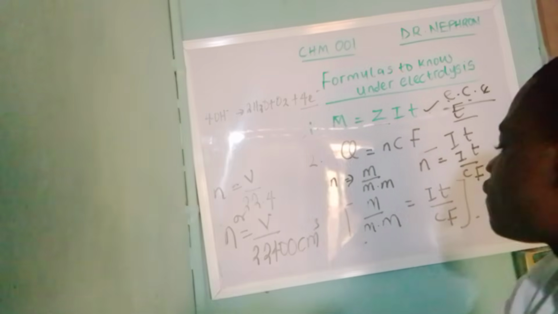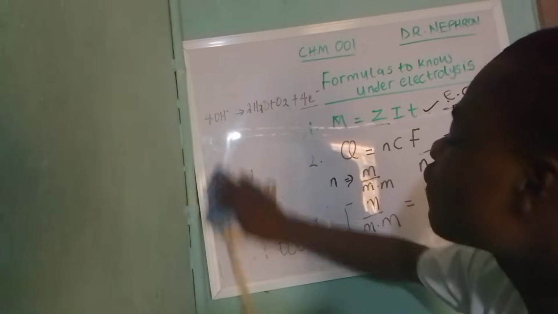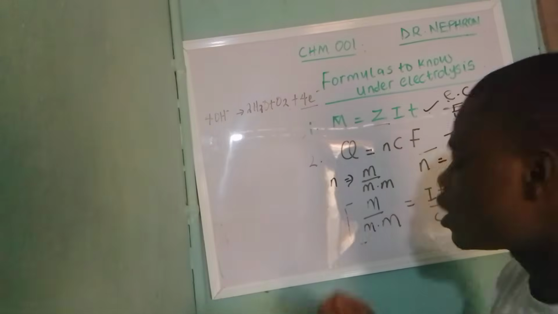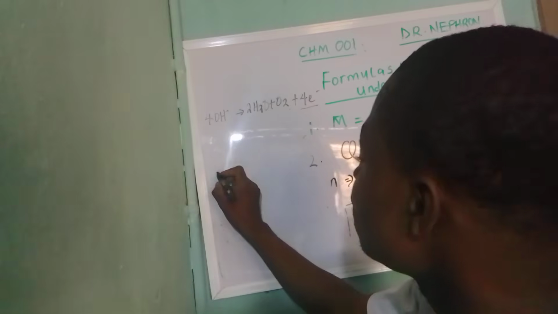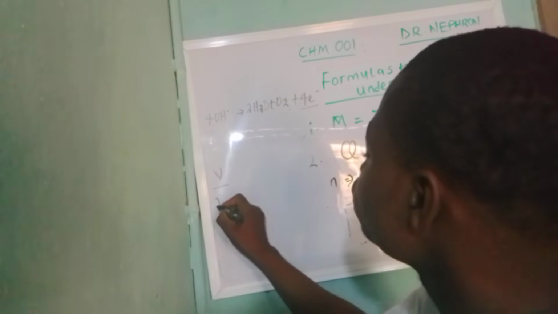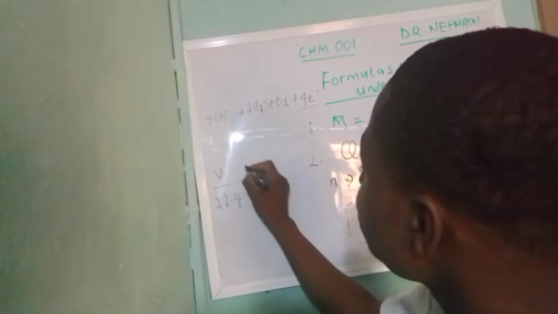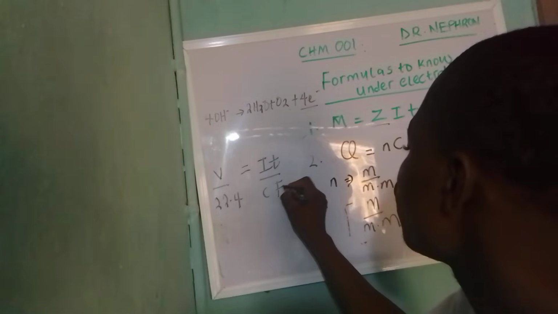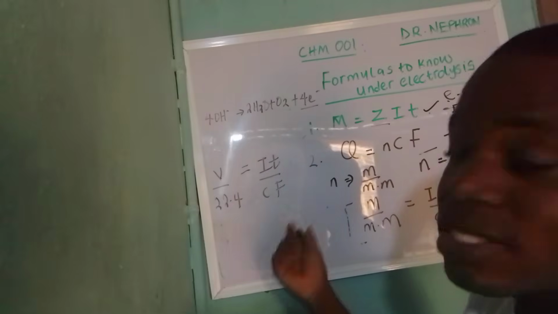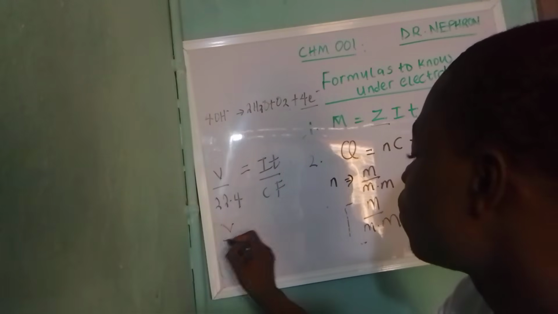So that means if the formula is like this, my equation can tend to volume over 22.4 equal to IT over CF. Or if they're giving you the volume in centimeter cube, it will be volume over